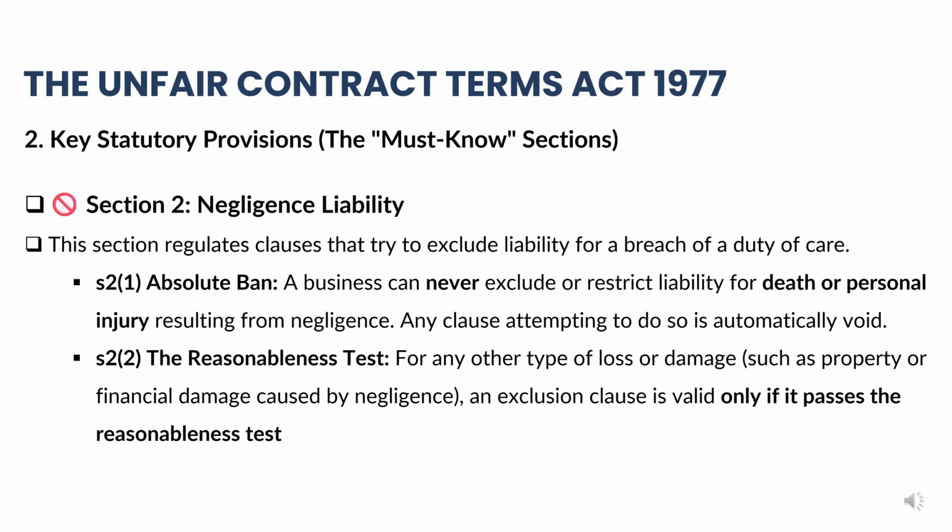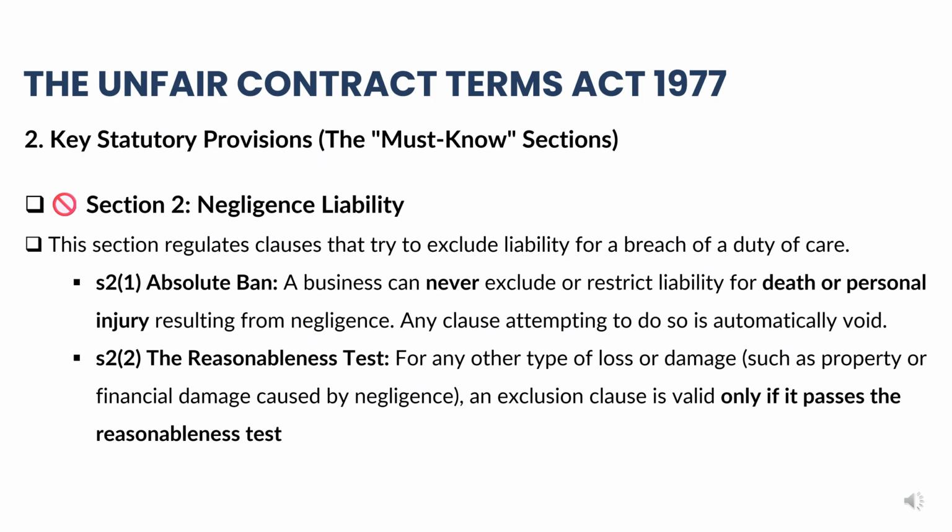If a commercial contract contains a clause attempting to do this, it is automatically void from the outset. There is no judicial discretion here, and the courts cannot evaluate the context. The clause is simply struck down. However, look at how the mechanism completely shifts when we move to Section 2, subsection 2. If the business's negligence causes any other type of loss or damage, such as property damage or pure financial loss,